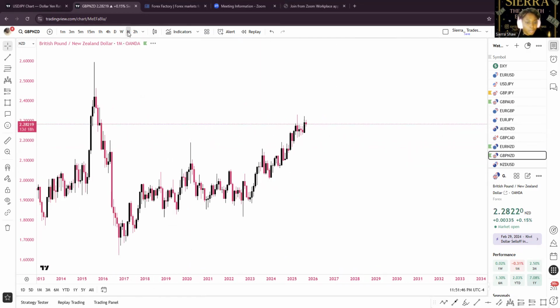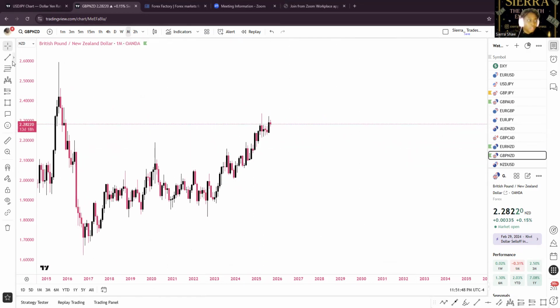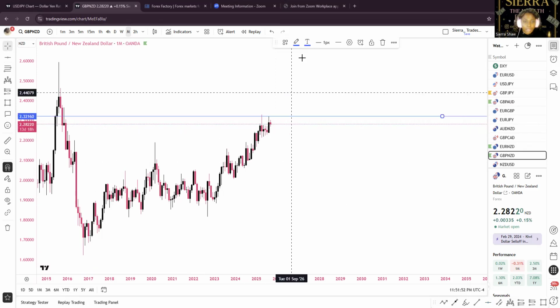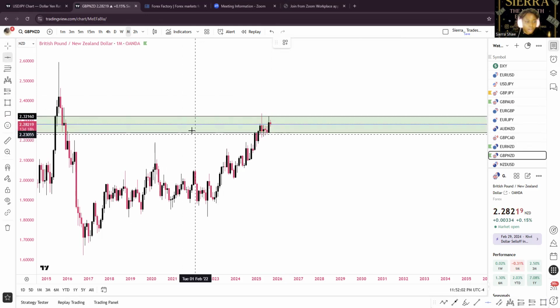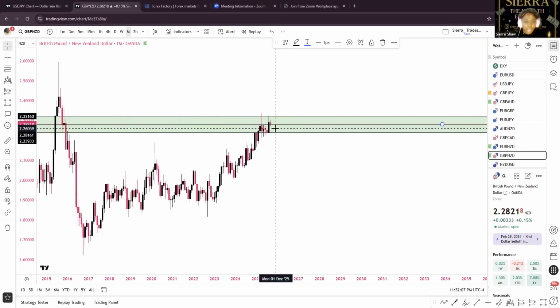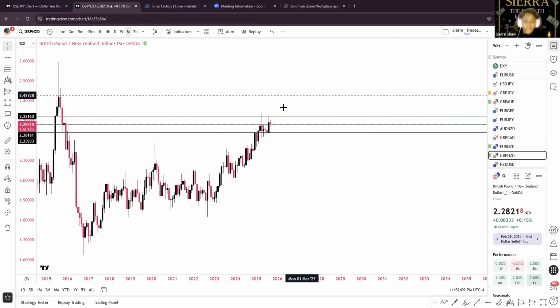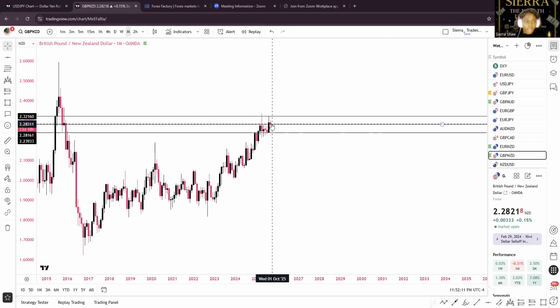So we're going to mark up our chart like I normally mark up my chart. We're going to go to our monthly time frame. We're going to mark last month's high, last month's low, and 50% of last month's candle. If we look at our monthly chart, we can see that currently this month is still trading inside of last month's candle range,